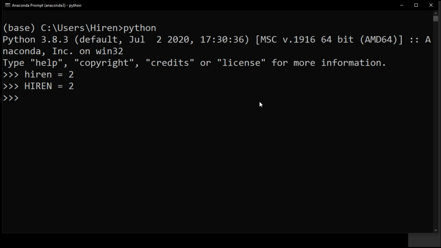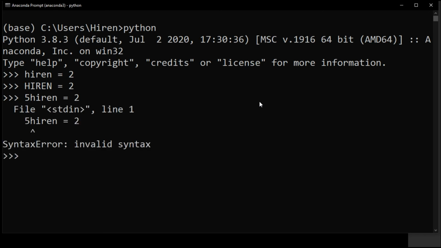But let's check one error condition. Let's start a variable with a number, and I am writing 5hiren equal to 2. It shows invalid syntax, and therefore you cannot start any variable name with a number.